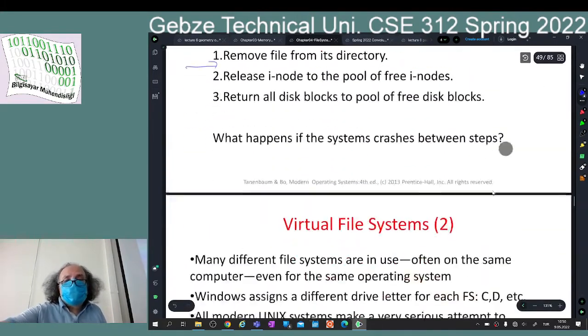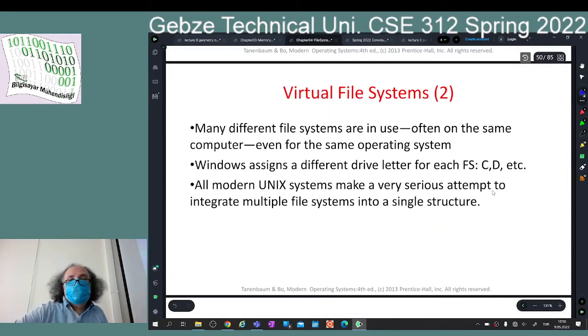Good. This is the journaling file system idea. Another file system idea that we use very often is the virtual file systems. In many cases, on a simple computer, as simple as this computer, you end up using more than one file system. For example, in Windows,